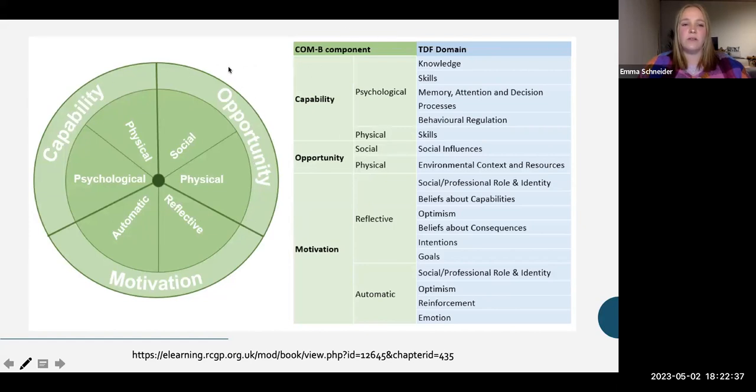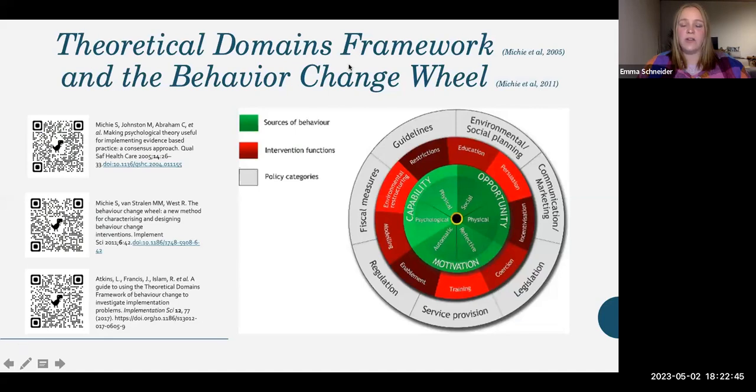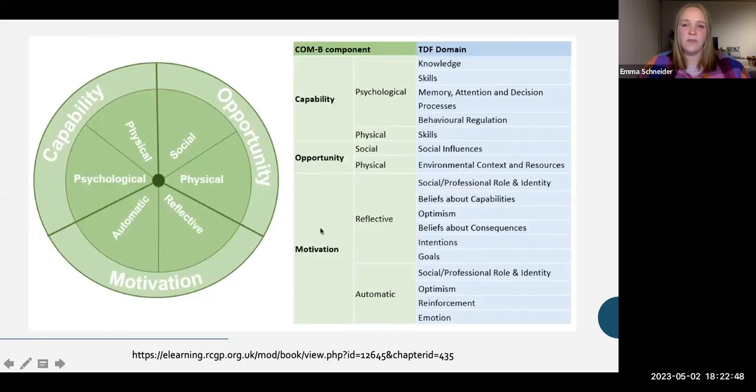This is another way of describing the capability, opportunity, motivation component. So the inner wheel of the behaviour change wheel and the TDF domains, the theoretical domains framework as I mentioned before, can be used together. What we really found is when our staff were describing barriers, they really came down to knowledge and skills. Some of our staff didn't really know why the amount of practice was important, and why delivering evidence-based stroke guideline interventions was important to affect change. But they also didn't have confidence and skills around delivering some of those interventions. And that's why we really led to those mentoring opportunities.